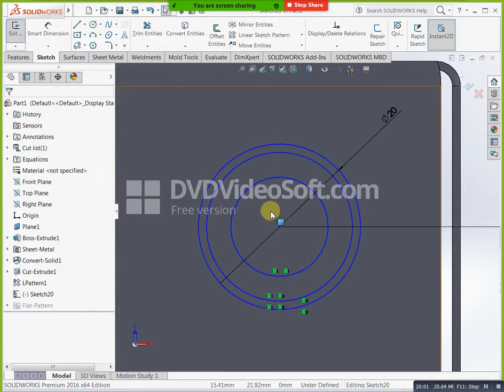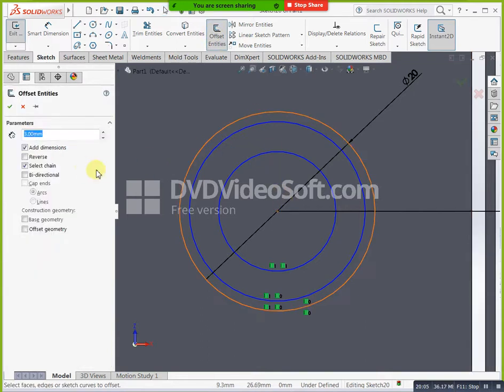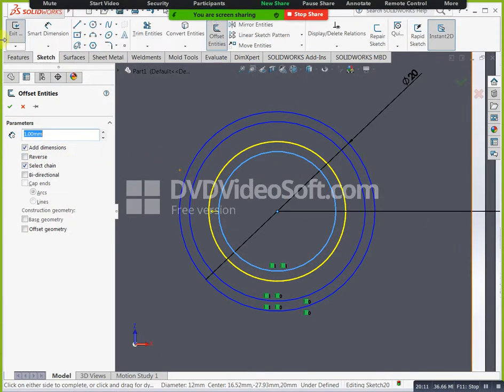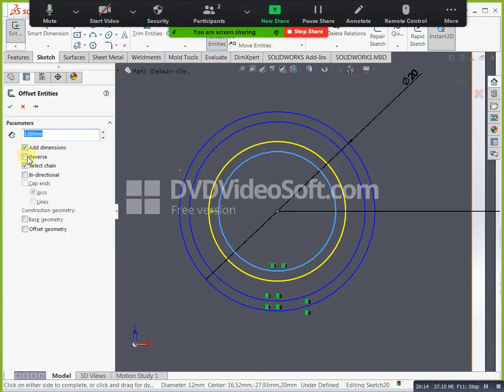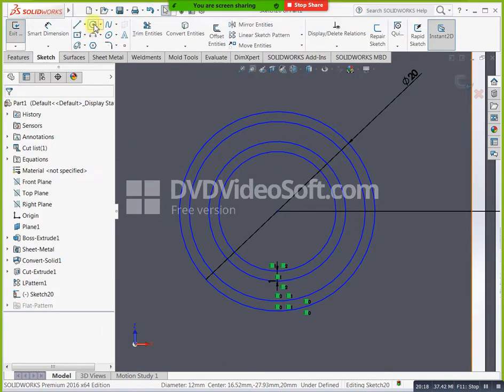Now you can take one more offset, just you can select. See, now I am taking one more circle. Just you will take one more line also here.